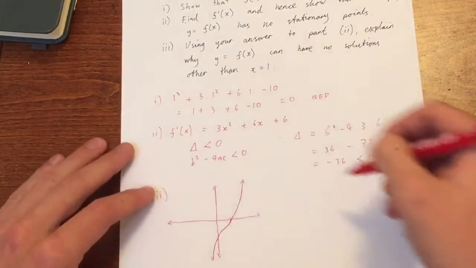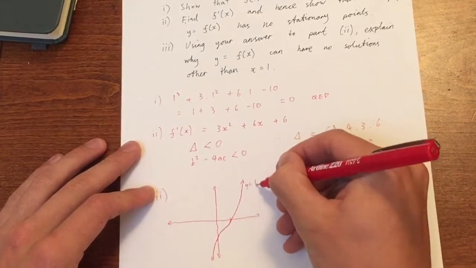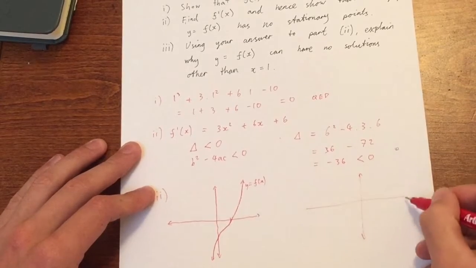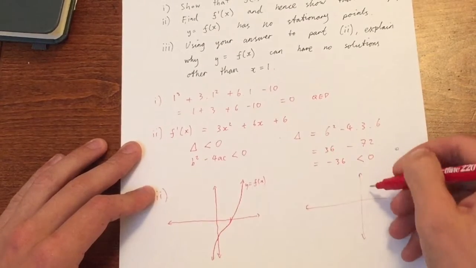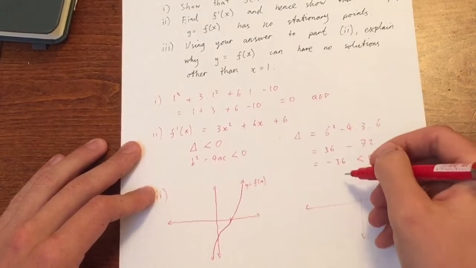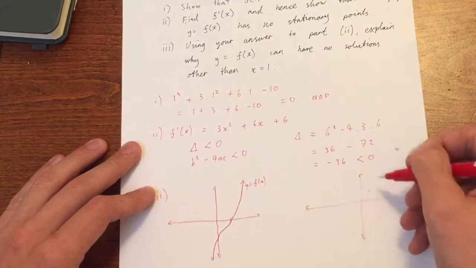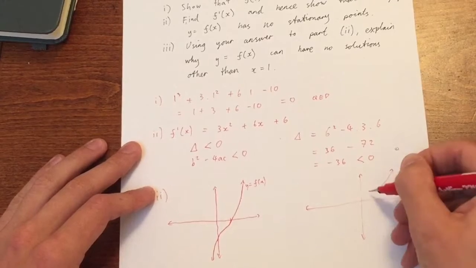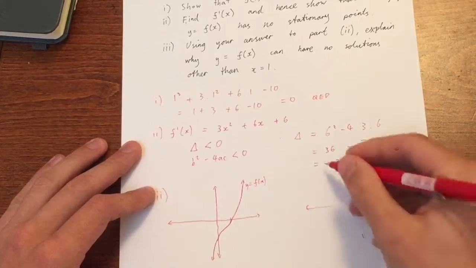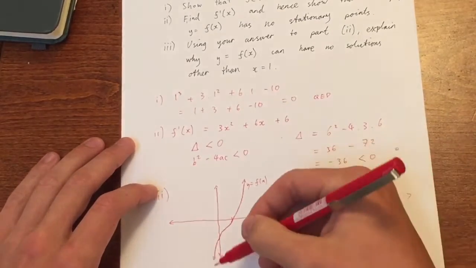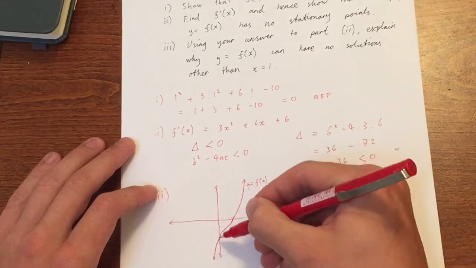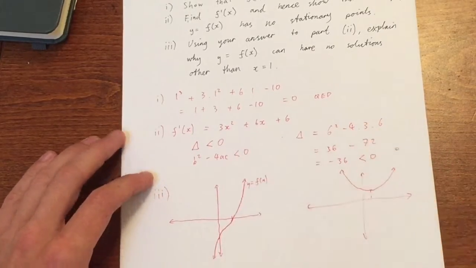So if we were to graph the derivative, so this is y equals f of x, if we were to graph the derivative here, it'd look something like, where's the vertex? I think it's at x equals 1 or something, perhaps here. It's going to look something like this, right? So it's positive definite, it's going to exist above the x-axis. That means that the primitive, the cubic here, is an increasing function as opposed to a decreasing function